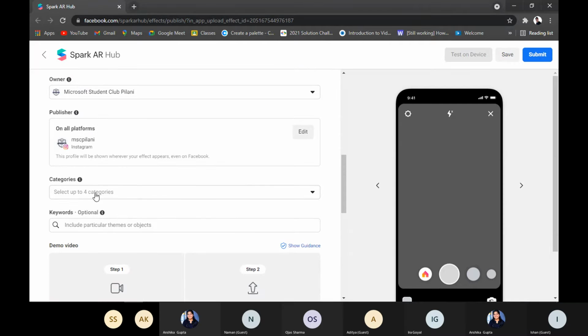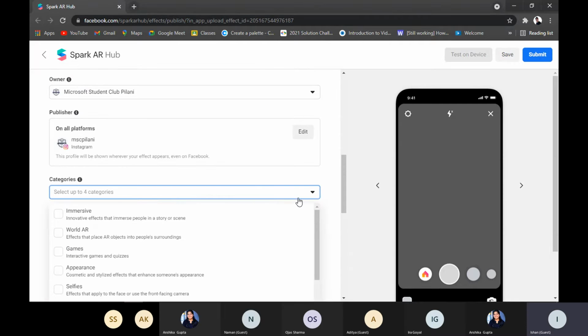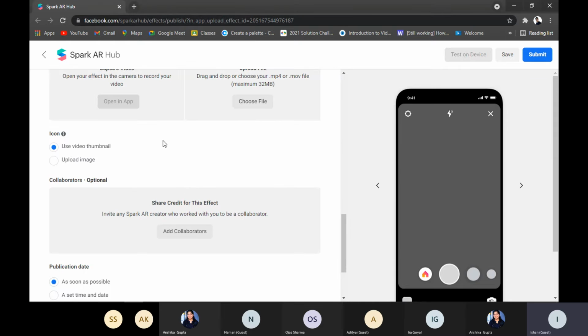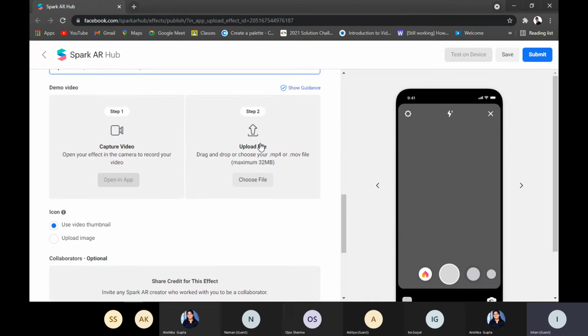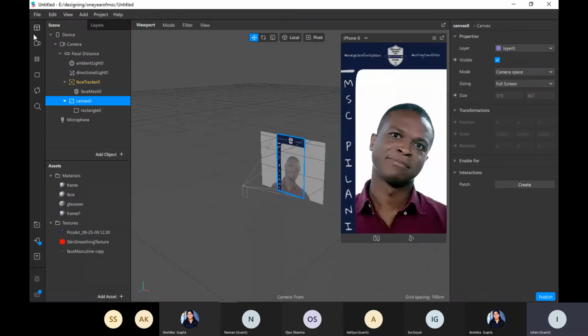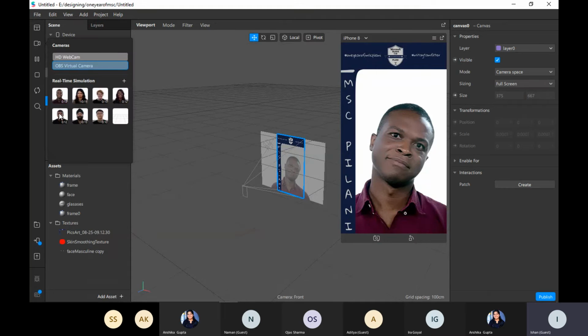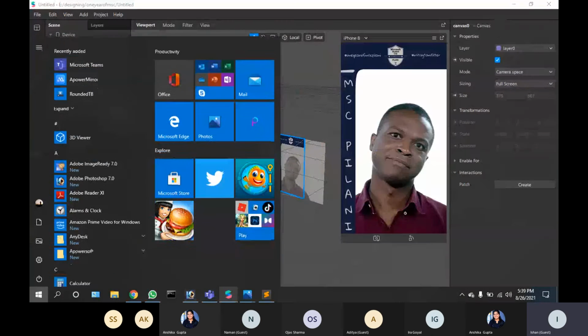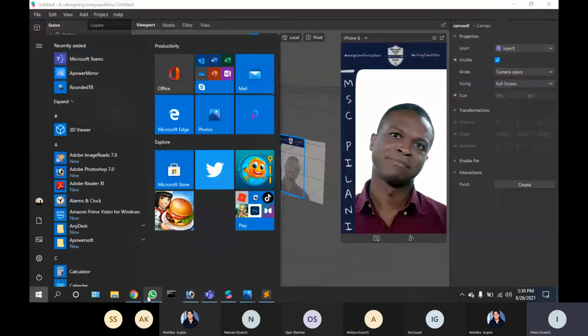Now, just some other stuff: you need to add your categories also, some keywords, and record a demo video. But while you are recording the demo video, make sure you are not using the video provided by Spark AR. It will reject your filter. So make sure you are using a new video of your filter.